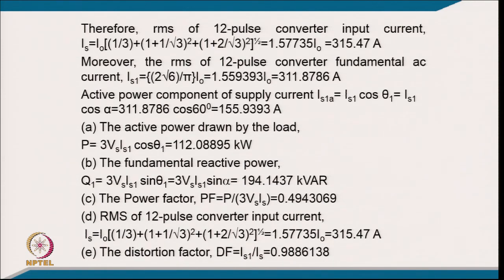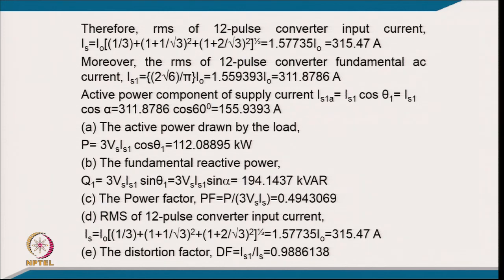So, coming to calculation, the RMS voltage from that waveform you can calculate. It comes to 315.47, and the RMS of the 12 pulse converter fundamental IS1, from this relation you will get 311.87, and the active power component will be IS1 cos theta 1, that gives an alpha value. So, you get 155.93, and active power drawn will be 3 Vs IS1 cos theta 1, it comes to 112.08895 kilowatt, and fundamental reactive power will be 3 Vs IS1 sin alpha. So, it comes to 194.1437 kVAr, and power factor will be P upon 3 Vs IS. So, it comes to